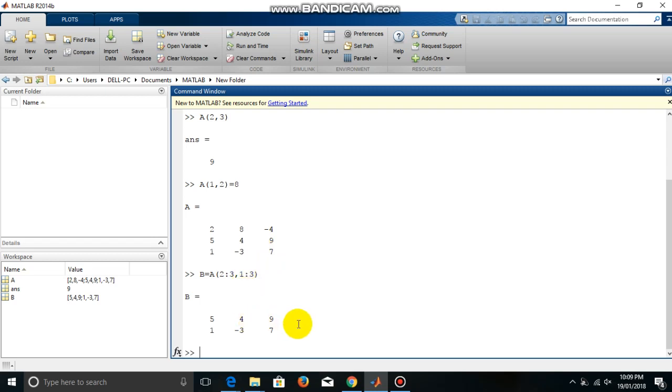Now suppose I want to delete any row or column or an entry here. What I need to do, I have to equate it to the null matrix. Say I want to delete this column, so what I would do,